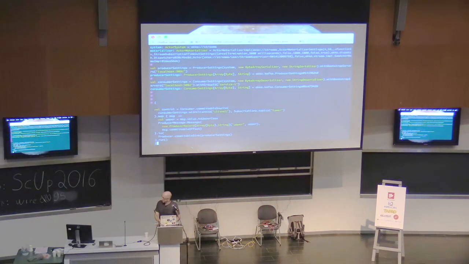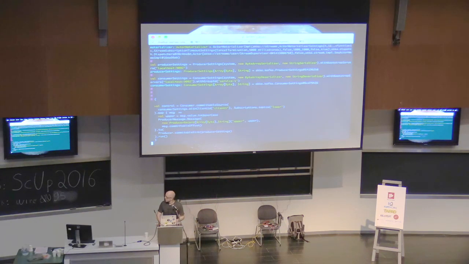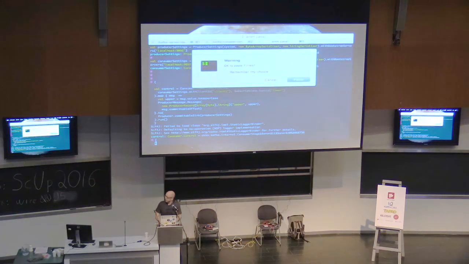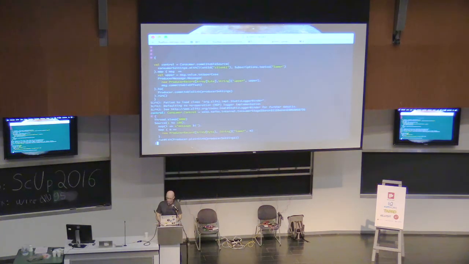So you can see here, it's basically the example verbatim from that slide. So now I have this control object that I can later use to stop the stream. And finally, I'm going to run the producer. I'm using a Thread.sleep here just to give me time to go to the other window before it emits the messages.